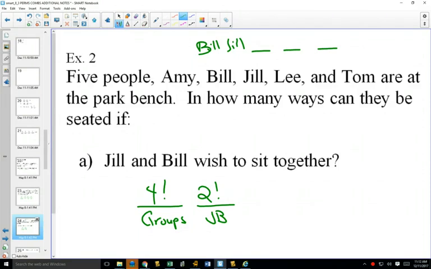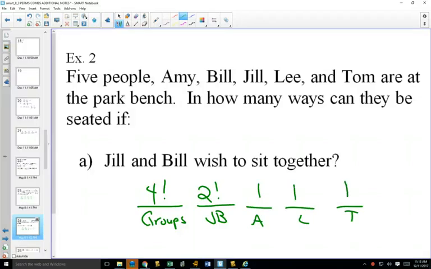So that's why there's 2 factorial. Now for the other groups are, and you don't have to write this down, but if you did write them down, can you see that you can't arrange them any more ways because there's only 1 in that group. So this part multiplying by 1 wouldn't be necessary, but if you wanted to put it down, you could, because